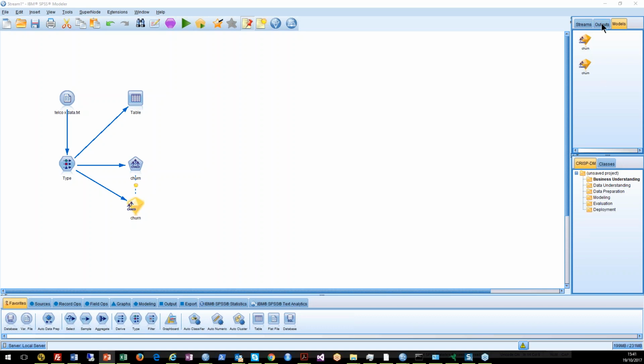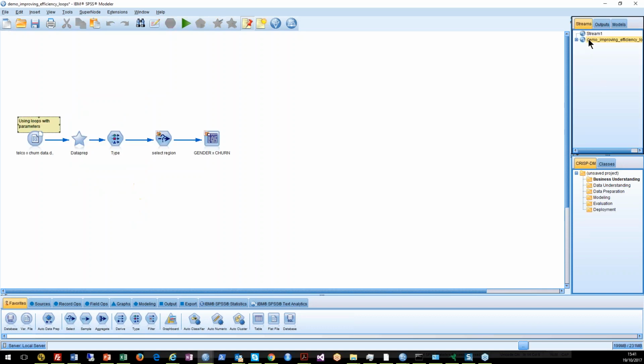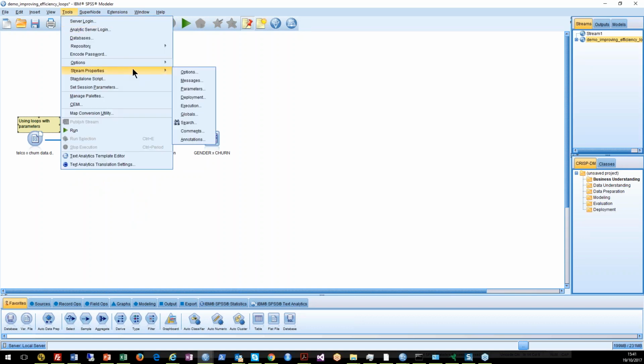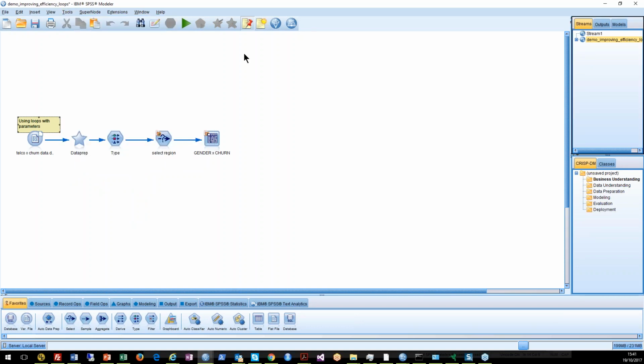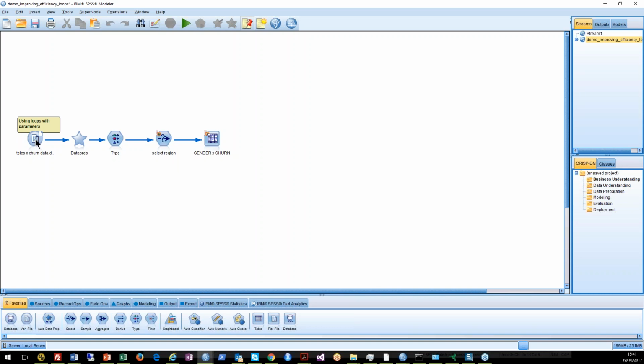That was using legacy scripting just to show you what a Python script would look like inside Modeler. I'm going to go to an existing script that's in here. So let me just show you this data first. This is already a partially built stream, let's say. It's data on telecommunication customers, and we want to explore and analyze it, maybe model it